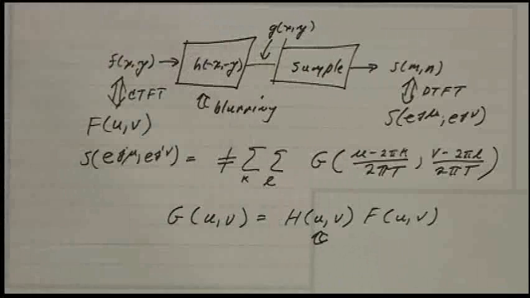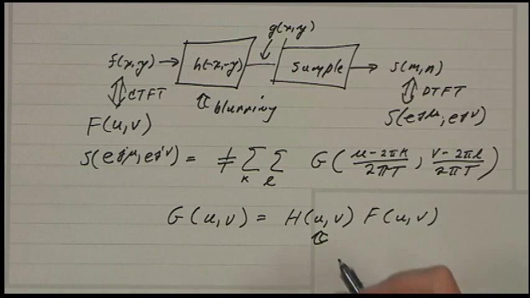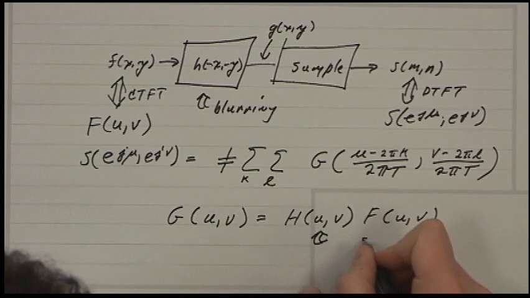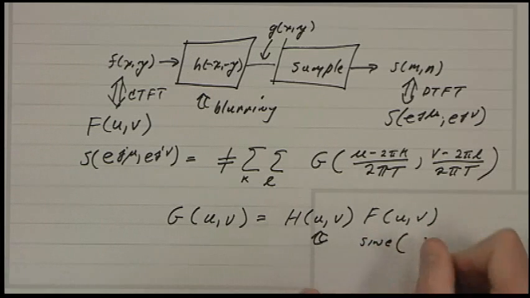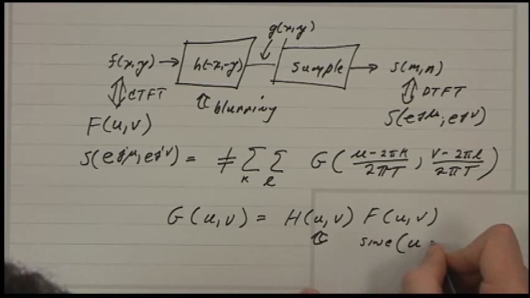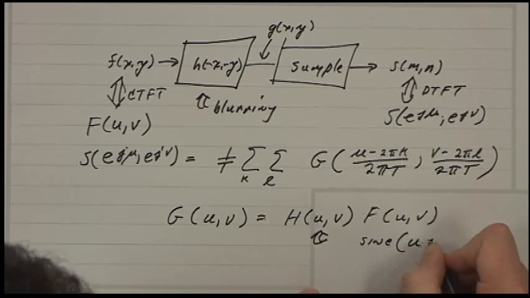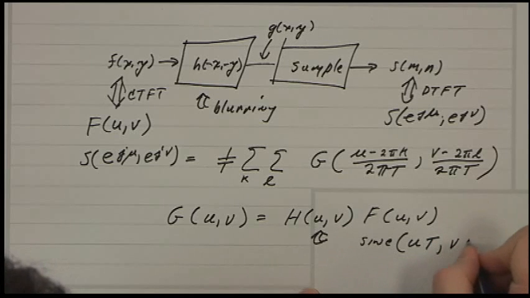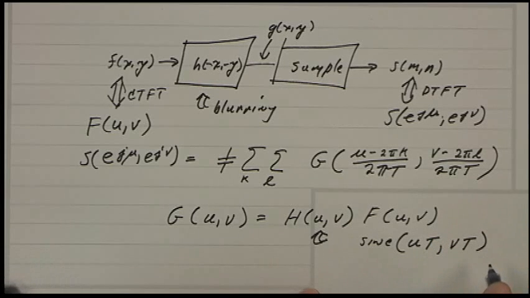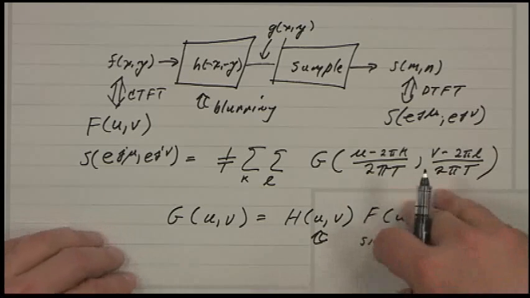Something interesting happens here. The Fourier transform of rect is a sinc. So this is sinc of u times T, and this is v times T. But when I plug this into here, this equation becomes